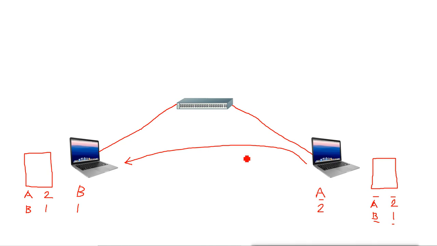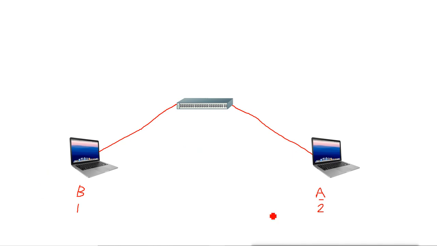So NetBIOS works like broadcast. It works on a broadcast basis. That means there is no host file now. For LM hosts resolution, for NetBIOS resolution, you don't need the host file. What happens? You give the name in your system. Suppose in this system I want to access B, this system named B. When I give the name B in my system, it will send a NetBIOS broadcast. Now broadcast means it will go everywhere. It will go to this machine also. It will go to all the other machines in the network.